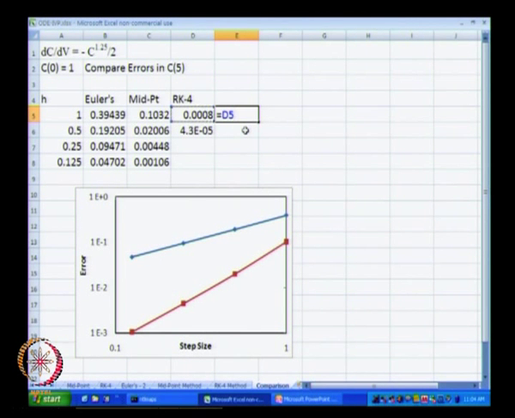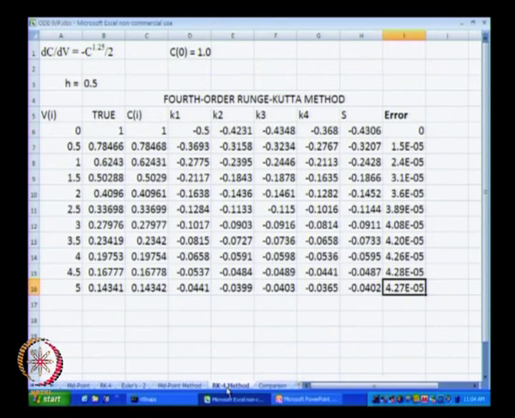So, if we divide this by this guy, the error has decreased almost by a factor of 18. So, the error with h equal to 0.5 is approximately 1/18th of the error with h equal to 1.